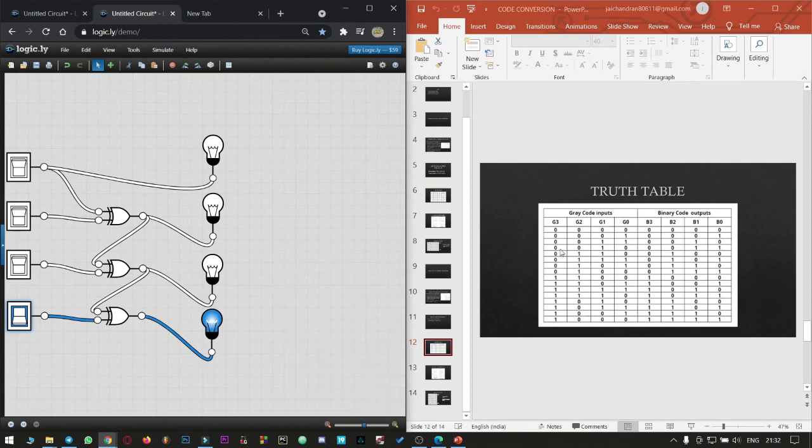Similarly, when I change the inputs of G1 and G0 to 1, we observe that the output is 0 0 1 0 from this simulation, which is exactly what is there in the truth table. Hence we have verified the truth table using simulation. Thank you.